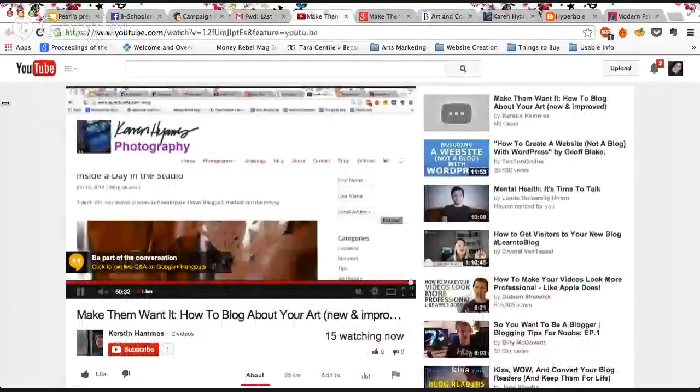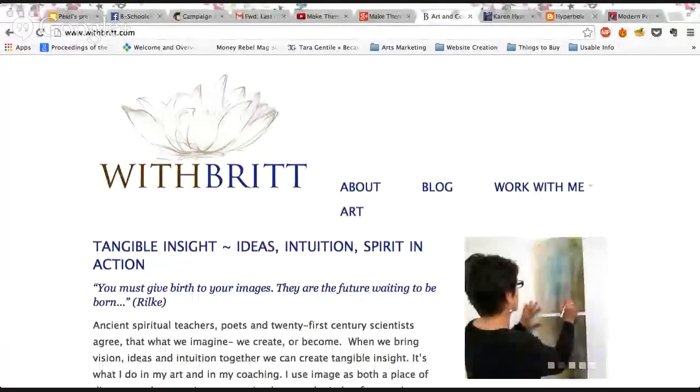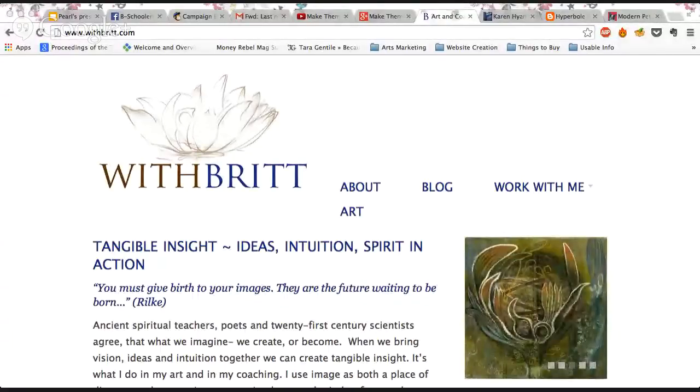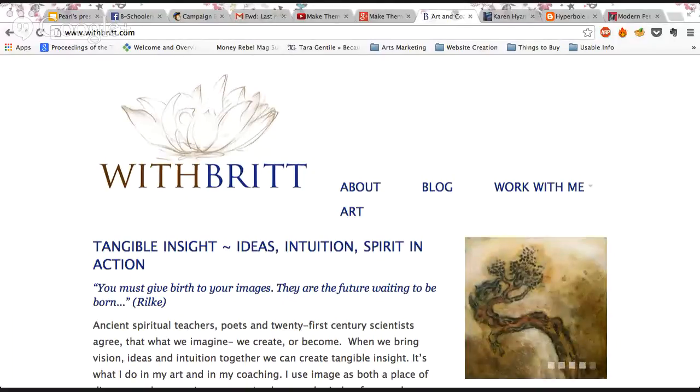This next one I'm going to show you is, let's see, striving to get to the right place. An artist and coach I know who works on creativity, Brittany Falkner. She's here in Seattle, and I've worked with her, and she's got a delightful studio space and presence, and she is one of those business-minded artists that I adore knowing, because I think that we all need to be business-minded.